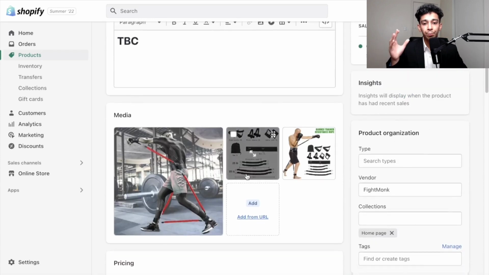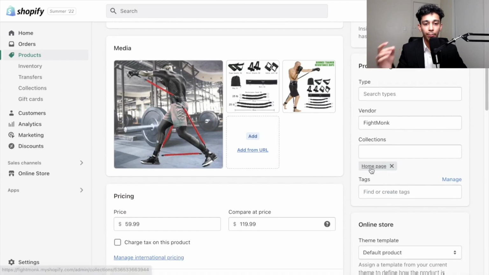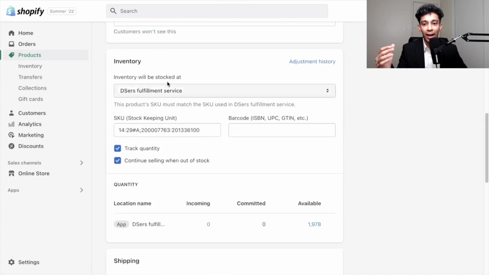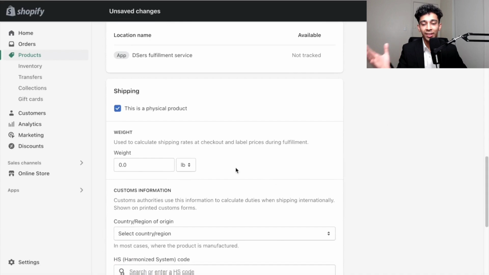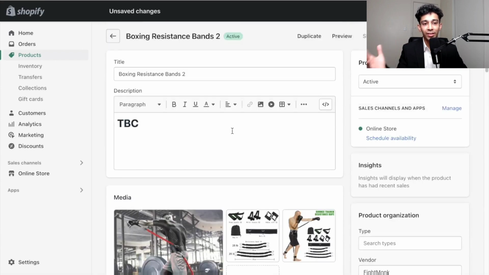If you go below, the images we selected have been imported here. Collection page has been imported. The vendor is Fight Monk, and the price is here. And you can see that the inventory will be stocked at DSers, and they've created their own stock keeping unit. And we're going to go ahead and uncheck this. I don't like keeping the quantity in Shopify, as we don't control the inventory. When you go below, you can see everything here has been imported properly. So once that's done, just go ahead and click Save, and the product listing has